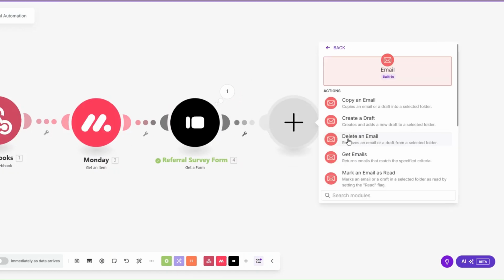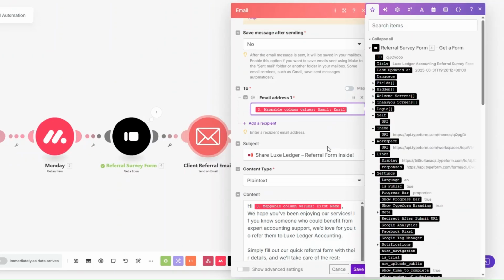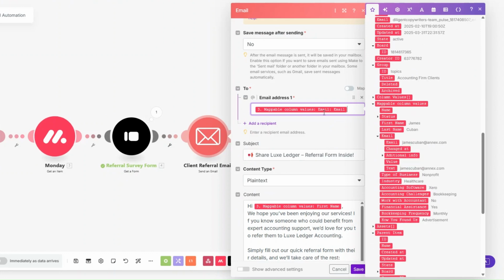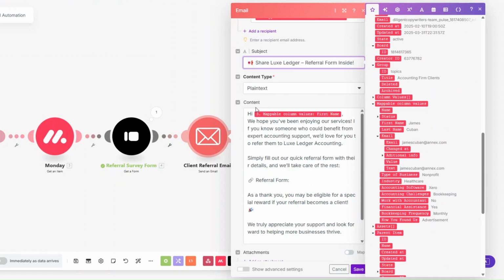So here I'll search for email and click on send an email module. I've renamed our email module to client referral email. Here we're going to add our client's email address over here from Monday, the email address over here as the recipient. The subject line of this email could be along the lines of share Lax Ledger referral form inside. Content type we're going to choose plain text, and the content of this email could be along the lines of